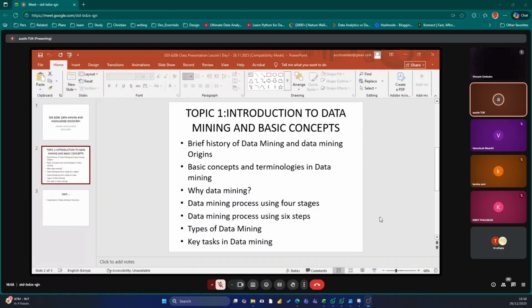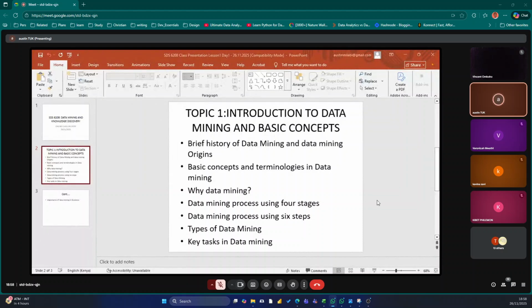Number 2, we cannot miss to mention patterns, what you call data patterns. Number 3, we cannot miss to mention in our discussion data model. We cannot also miss to mention in our discussion business intelligence. We can also not miss to talk about big data, which is core when it comes to data mining. Data mining is not achievable in the absence of big data. So it is very core.